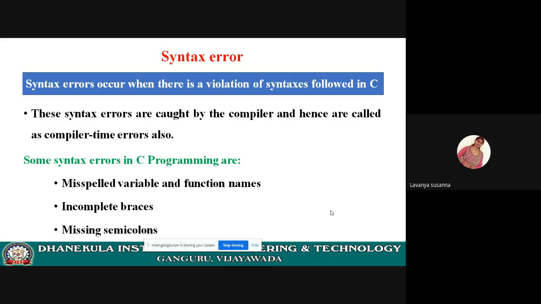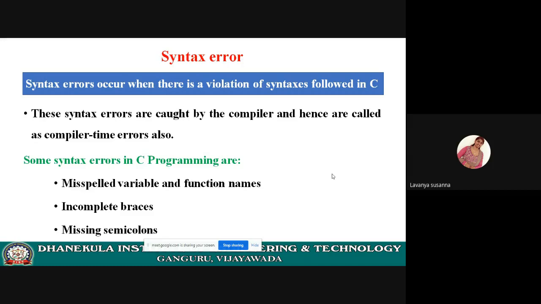So before executing, you have to compile the program so that the computer can understand it. The compiler converts your source code into binary code, that means machine level language, which is understandable by the computer. If there are errors in your program, it will not be executed or converted into binary code.